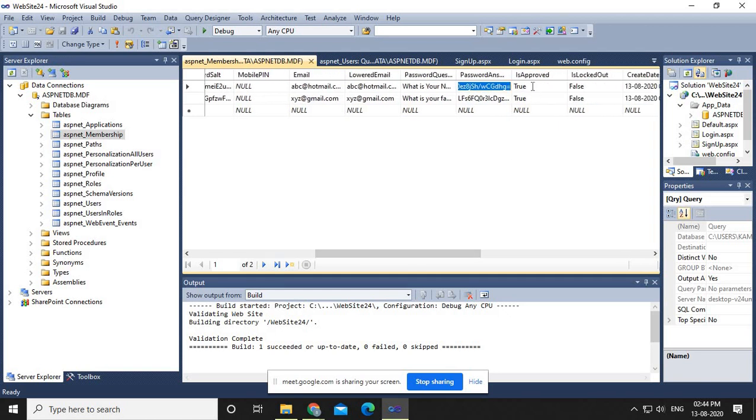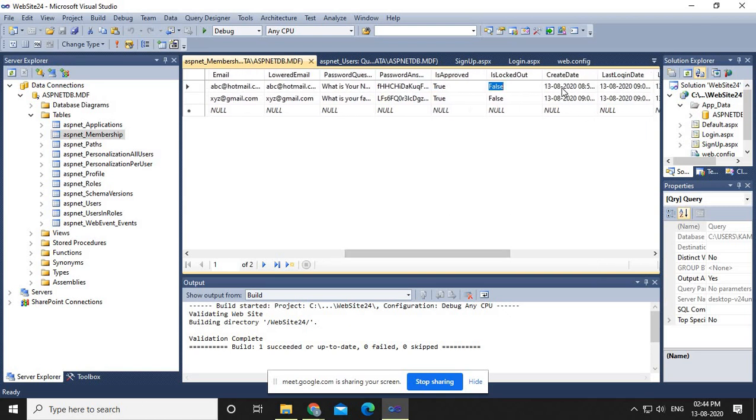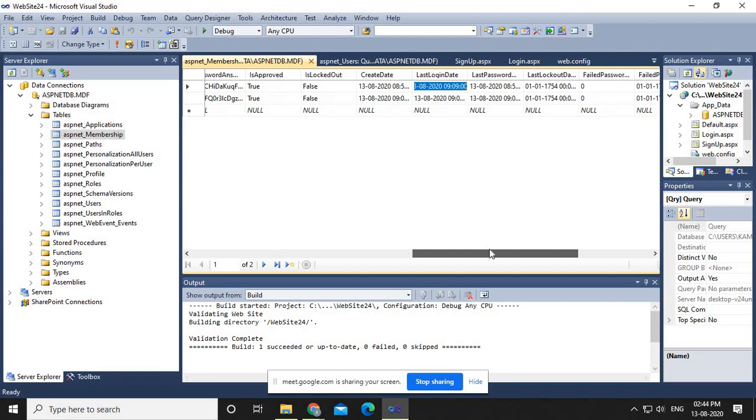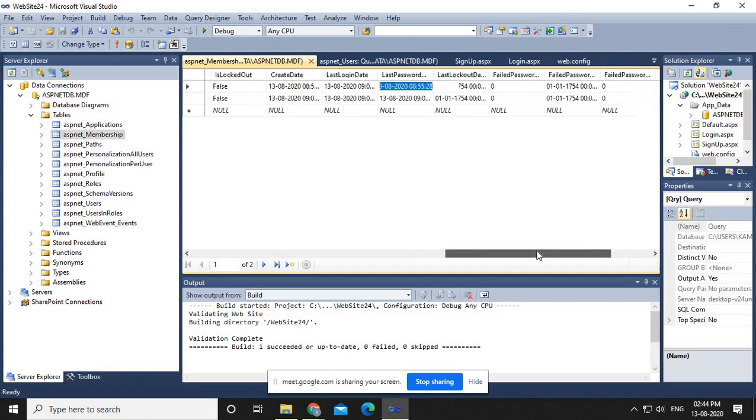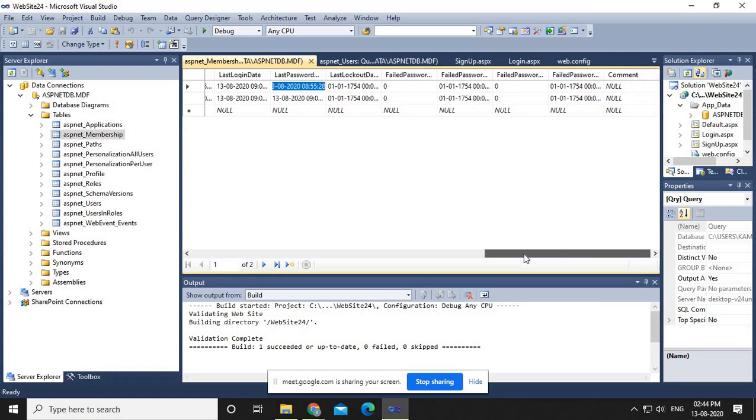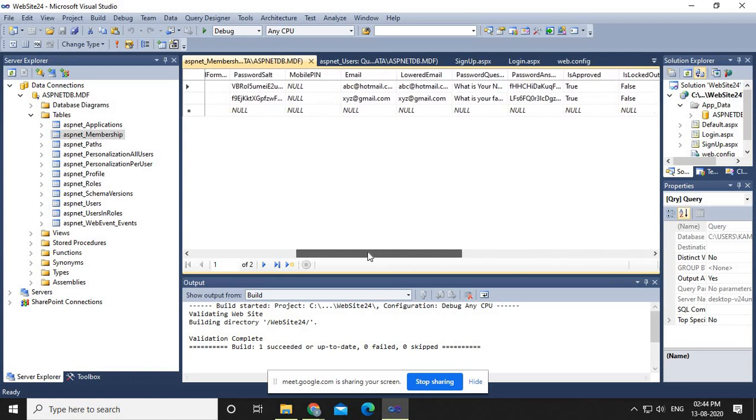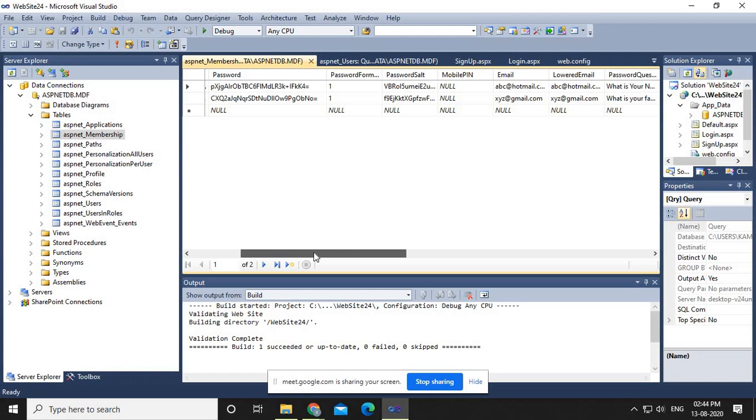Then it is approved, there is a lockout, the date and time you created that user, the last login date and time, and when the last password was set. Every piece of information you can get from this particular table, and for that we haven't written a single line of code.